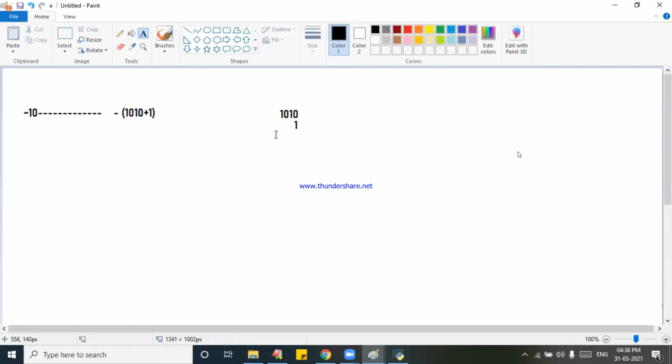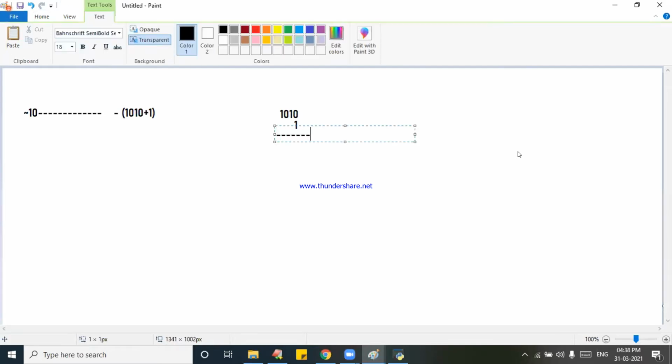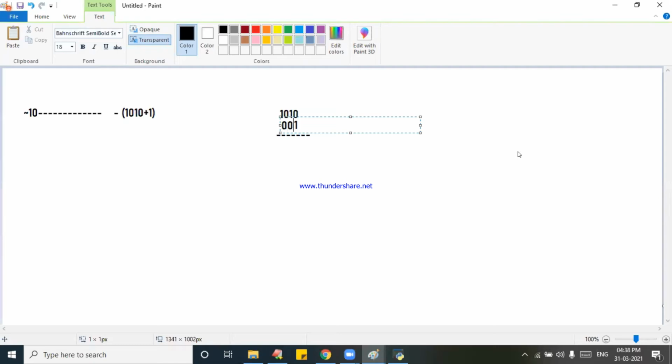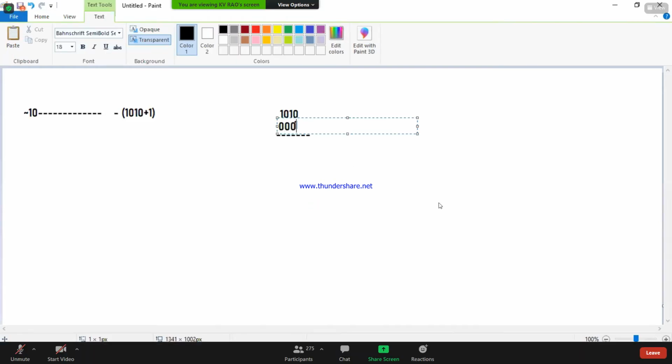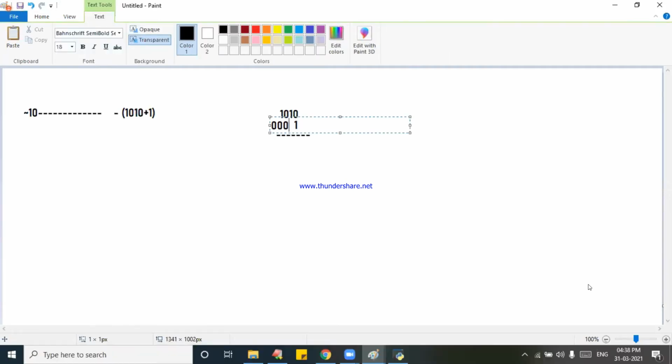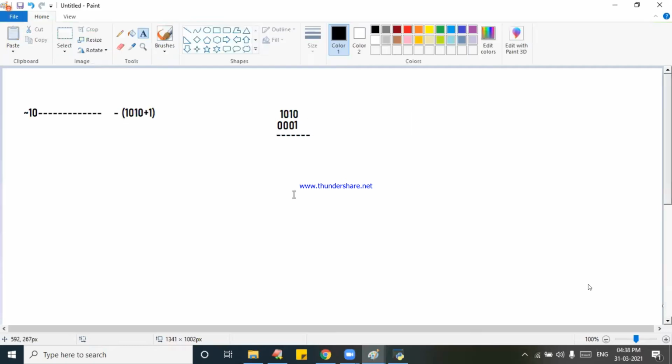What is the answer that is coming? It is as good as similar to zeros only. In the beginning part, three zeros will be there, 0, 0, 0. Now 0, 1, that is called 1.